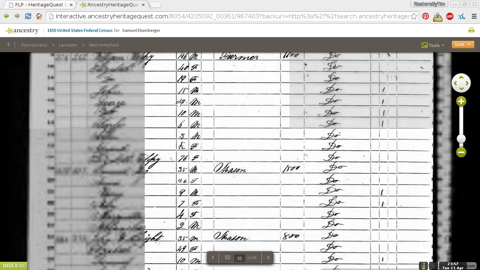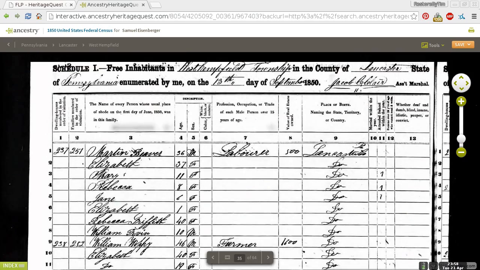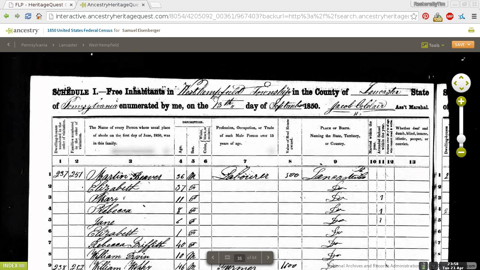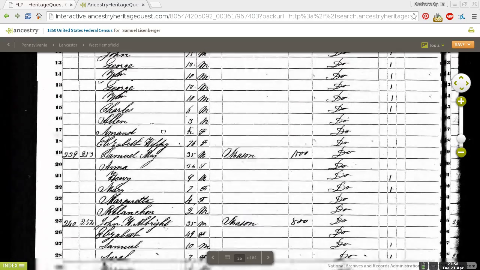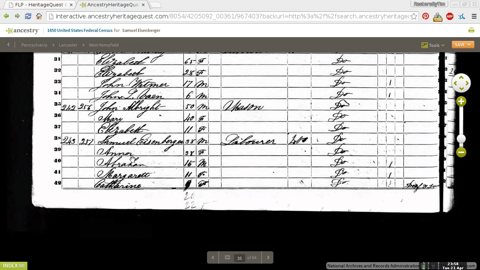Now, this is an 1850 census sheet. I'll show you the header here. Okay, that's what it looks like. Free inhabitants, West Hempfield Township, Lancaster, in September of 1850. Scroll down to the bottom of this page and you will see the Eisenberger family: Samuel, Anna, Abraham, Margaret, and